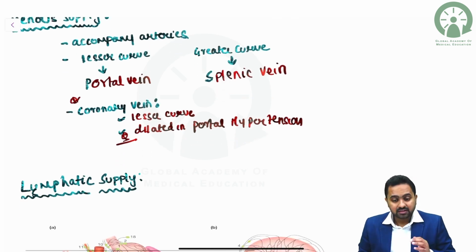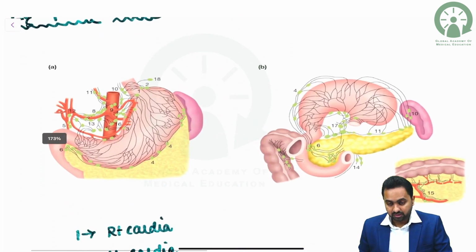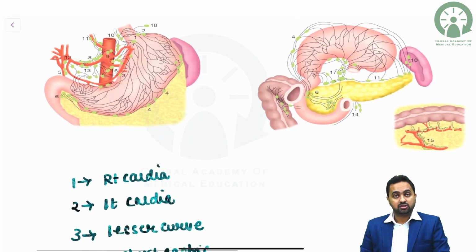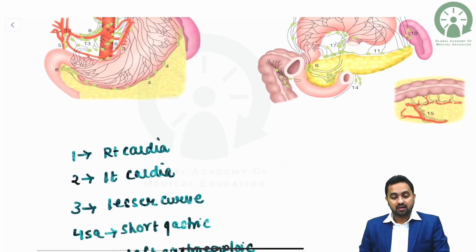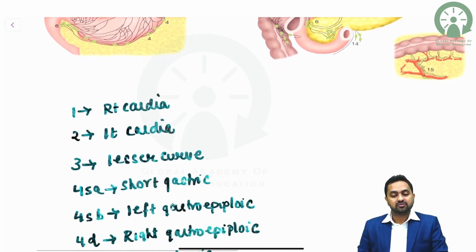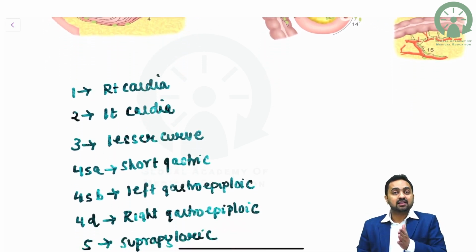The lymph node station 1 being the right cardia, 2 left cardia, 3 along the lesser curvature, 4 along the short gastric. Then 4sa is along the short gastric, 4sb is along the left gastroepiploic, and 4d is the right gastroepiploic. Then you have your suprapyloric and infrapyloric. 7